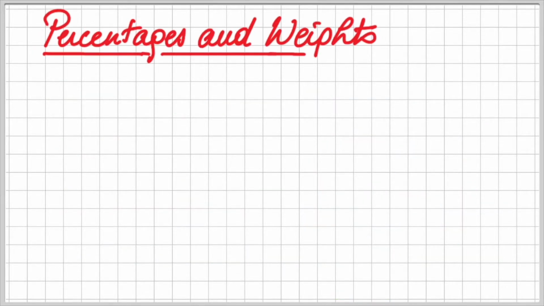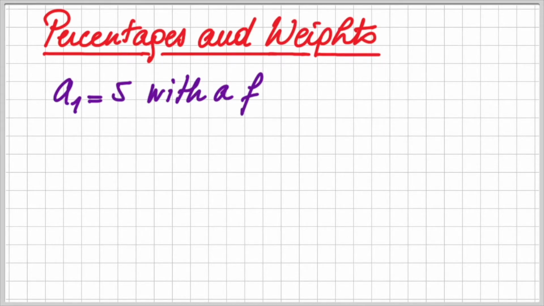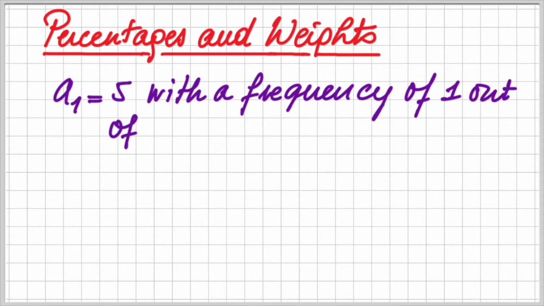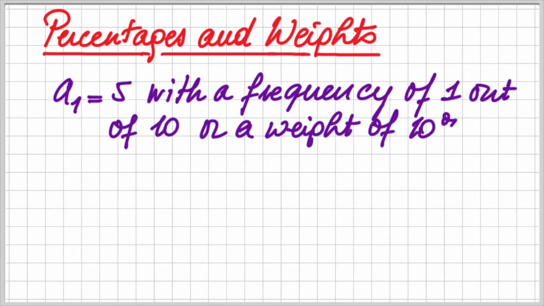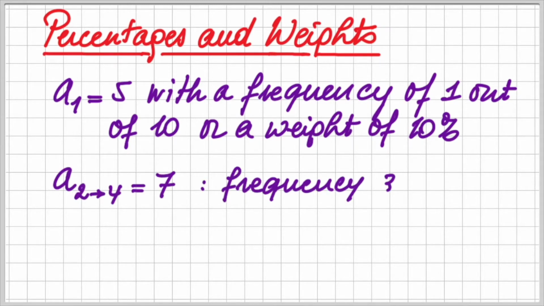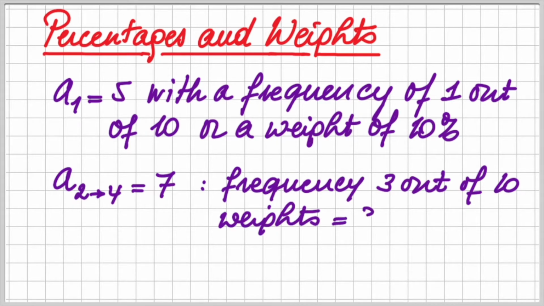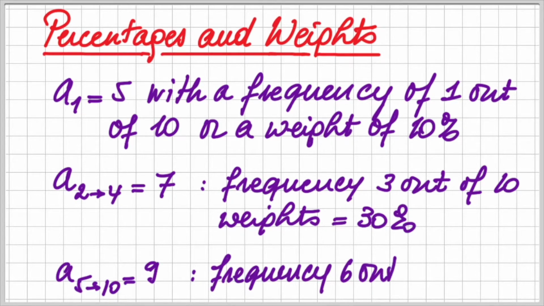Let's look at some percentages and the weights. Let's say we have a number A1 which is equal to 5 with a frequency of 1 out of 10, or a weight of 10%. A2 till 4 is 7. Here we have a frequency of 3 out of 10 with a weight which is equal to 30%. And the remaining numbers, 5 till 10, which is equal to 9, gives us a frequency of 6 out of 10